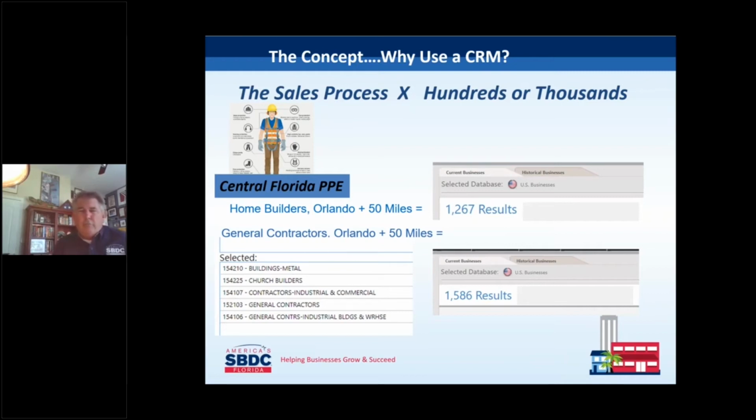Now you can't manage it by keeping data in a notepad. You can't do it effectively, certainly. Or you can't do it by keeping it in a contact database that's not a CRM. You can't do it by keeping it in a basic spreadsheet. Okay, so now what do we do? So now the CRM,